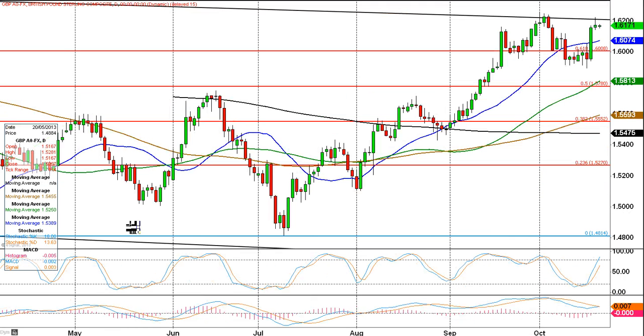So this is the daily chart. You can see the trend line up here with the black trend line, and you can see how this area was rejected on Friday with the spike higher and a close quite near the open. So as I say, we are struggling at this trend line here. Not quite overbought on daily stochastics, but we've got to be careful because we could see a sell-off back down